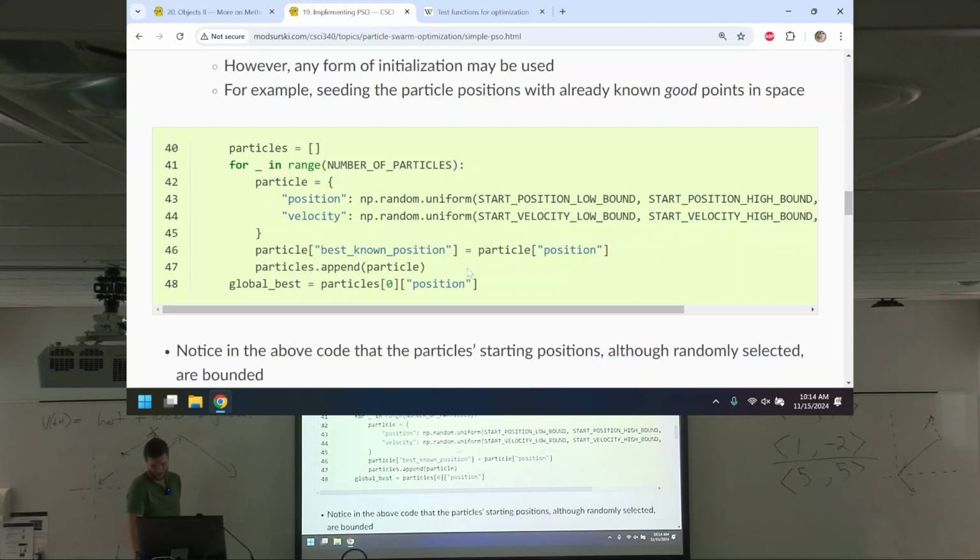And each particle will also have a best known position. And yeah, there we go. Cool? Cool, cool, cool. For those of you that don't know, this